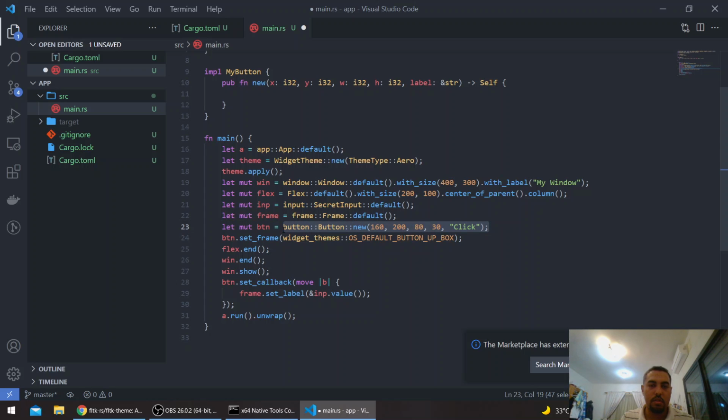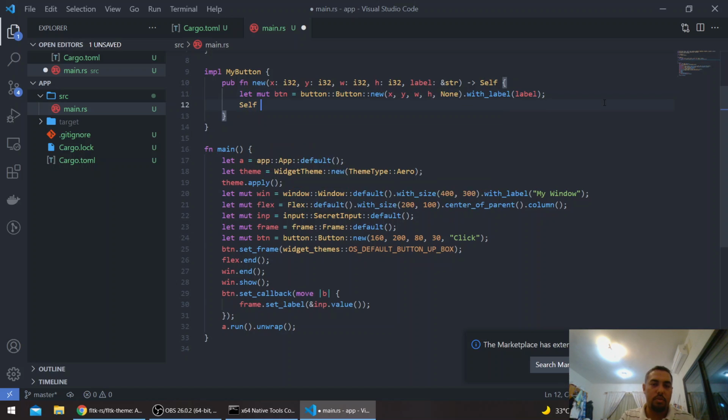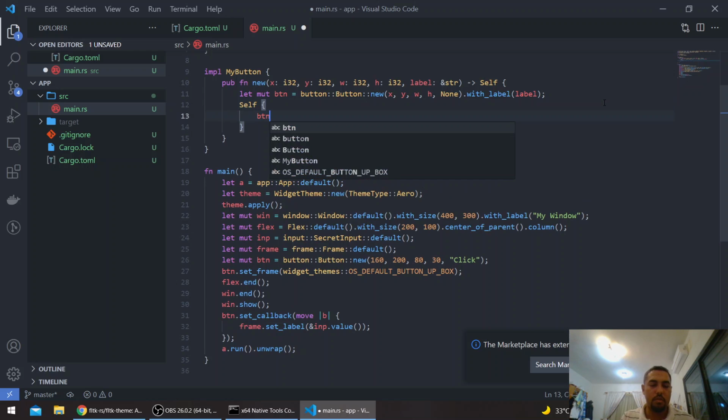Anyways, we'll use this basically. Set x, y, height, and here we'll be passing basically none, since this expects an optional to a static string, and we'll use it with label to pass the label here. The basic idea is that FLTK needs a long living string for the basic constructor, and let's return self button,